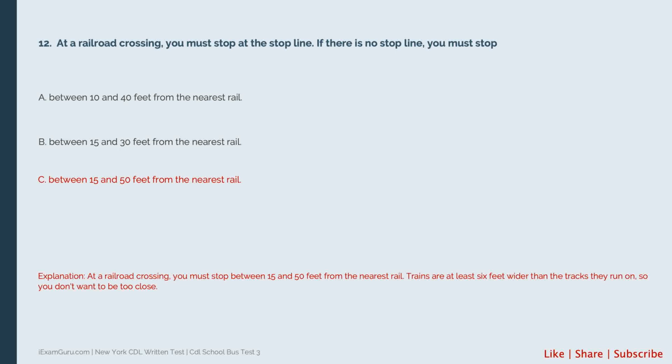Trains are at least 6 feet wider than the tracks they run on, so you don't want to be too